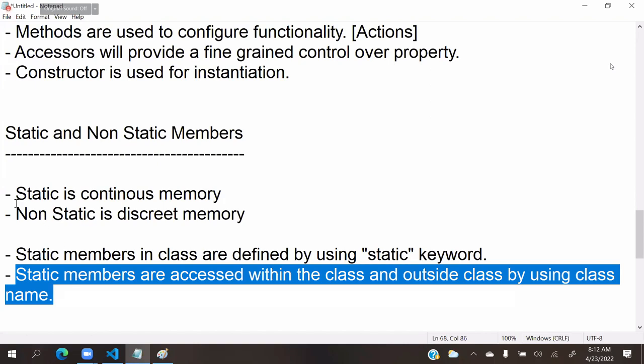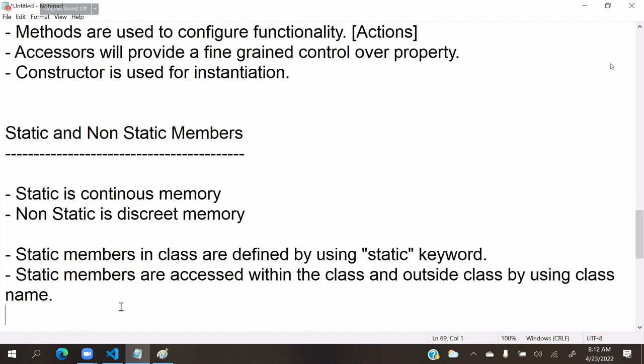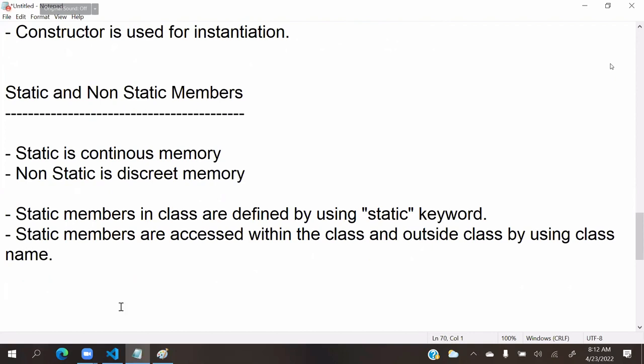Right? This must be your definition always about static. Static is continuous and non-static is discrete. And very important, this is static. What about non-static? That means, static member